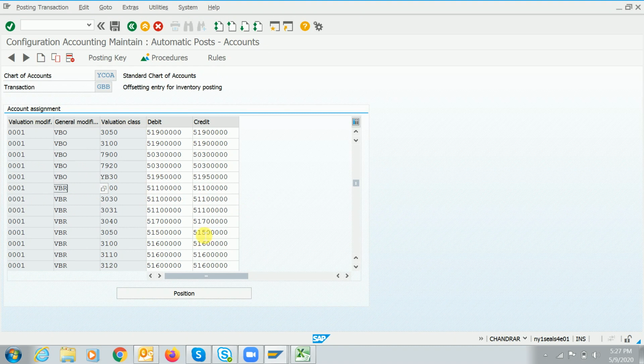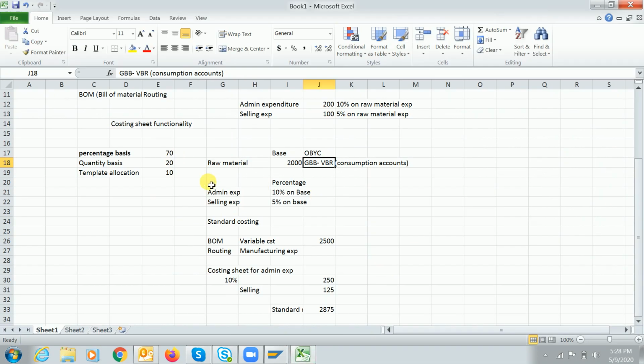These GL codes we have to maintain over there. You can ask me why we have to maintain these GL codes. Let me tell you, why we have to maintain these GBB VBR GL codes.